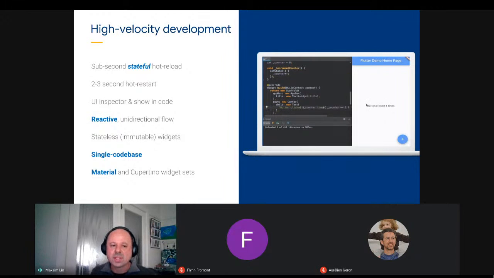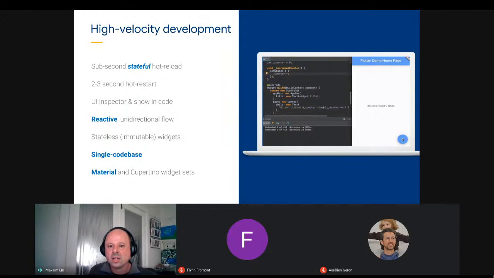So in that particular case, Flutter also provides you what they call hot restart, which is a restart of the app, but it happens very quickly, like in just 2 or 3 seconds normally, or sometimes even faster, which means that even though you're losing the state of the app, you can still iterate very quickly. And this is, for instance, very similar to a lot of web development where you just reload the web page to see your changes. This is a similar sort of thing. You don't keep the state, but the reload is very quick.